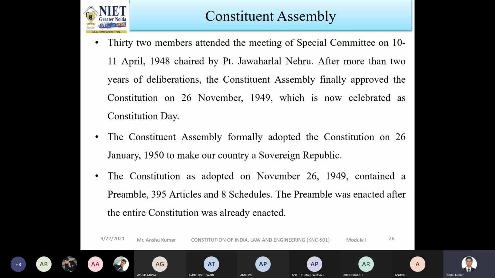And there is a history hidden in this: why did the Constituent Assembly decide to formally adopt the Constitution on 26 January 1950? It was approved on 26 November 1949, but adopted on 26 January 1950. Why is there a 2 month delay? You can also search it, but I am giving you some clue. The clue is hidden around the